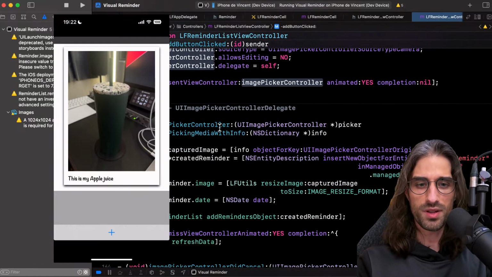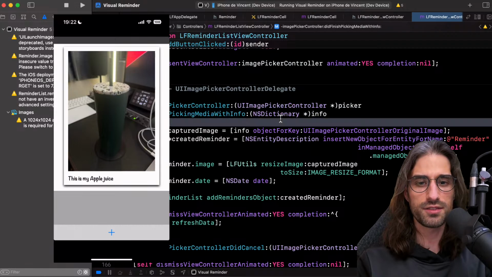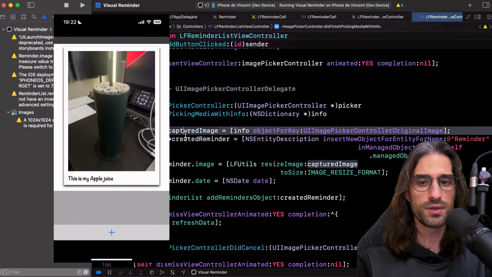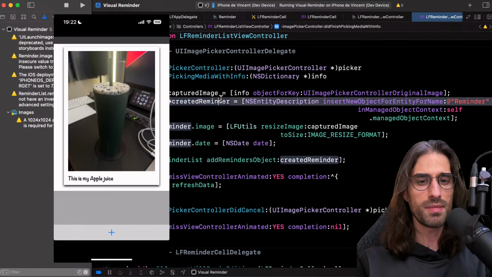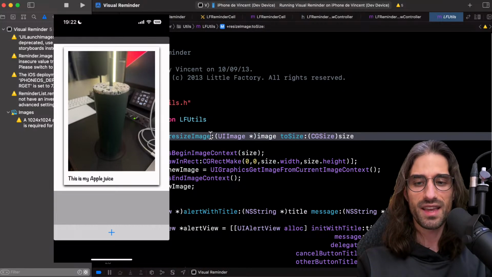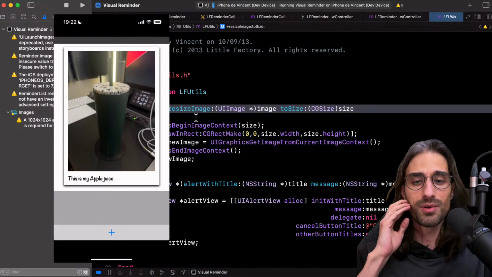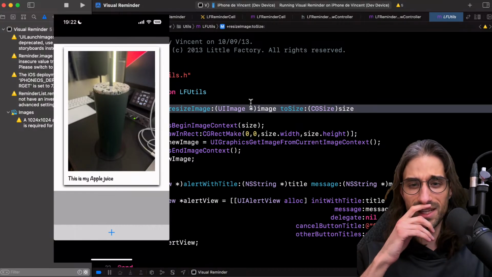All right, and once the picker is done picking the media, you have a dictionary with what was picked, so you get the captured image by querying the key UI image picker controller original image. Then I create my reminder, I set the image, I resize it to my size. I had created a static method to be able to resize an image to a size.